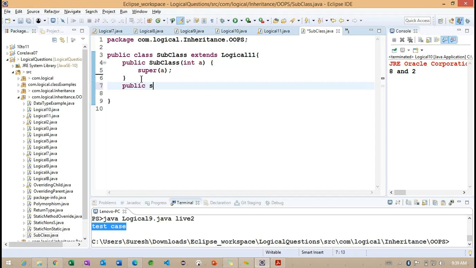Same way, the subclass which is not going to take anything.